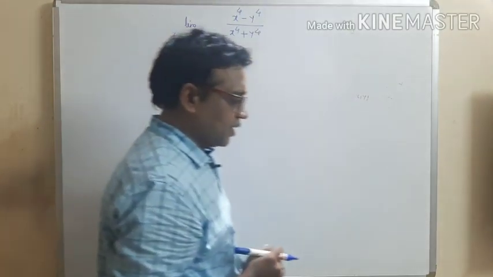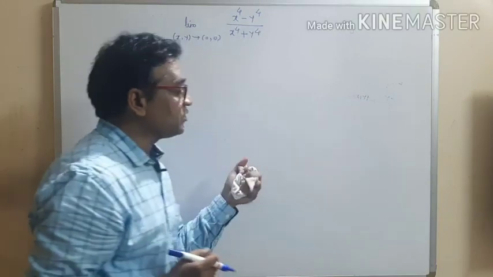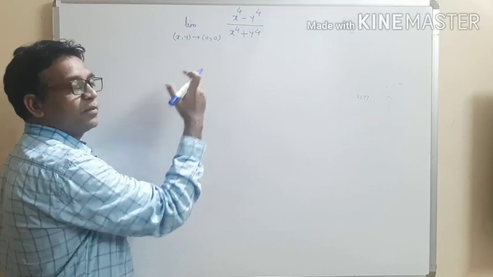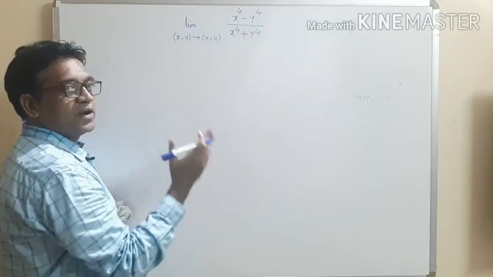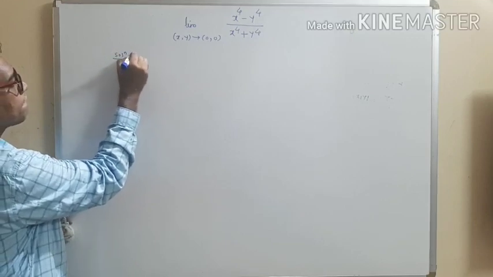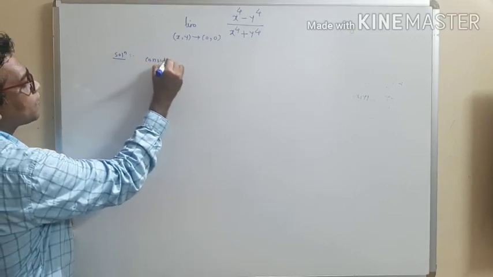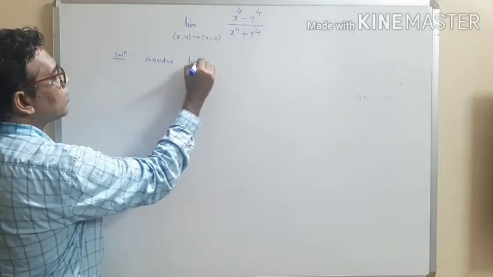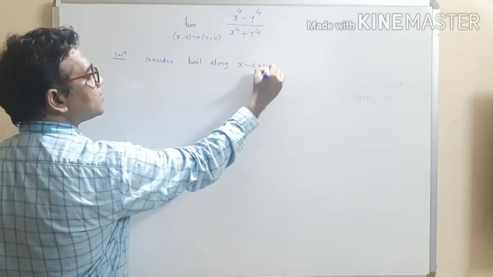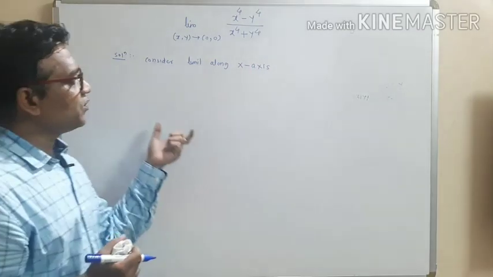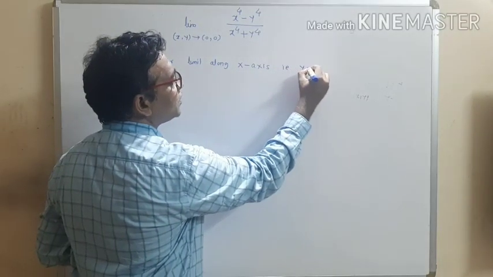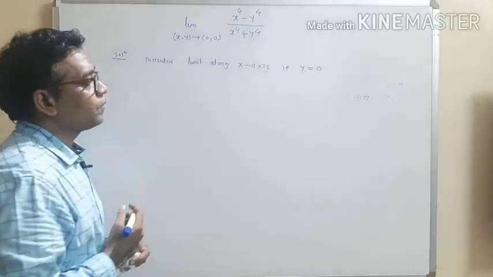Now again the process is the same. What is our process? Just use different equations and get some different limits. It is called limit does not exist. So write down the solution. Consider the limit along the x-axis. First of all, we are using this equation. The equation of the x-axis is y equal to 0. So write down, that is y equal to 0.